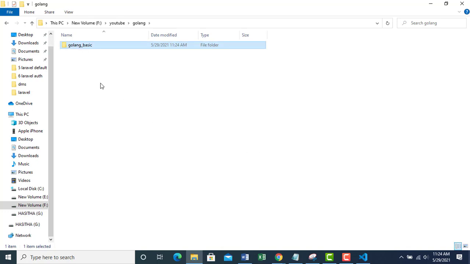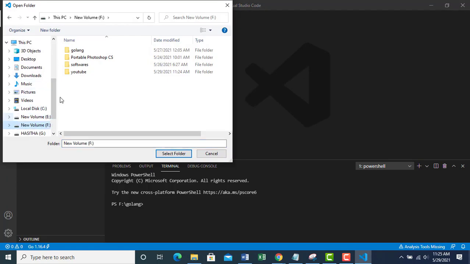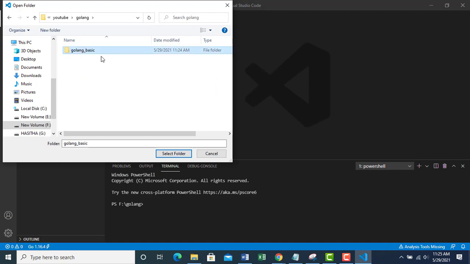I'm going to code everything in the Golang basics folder. Here I go to File, Open Folder, and open my created folder. This is my Golang code. I'm writing code in this folder.